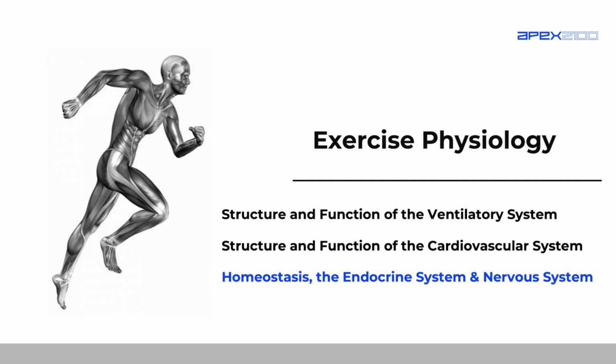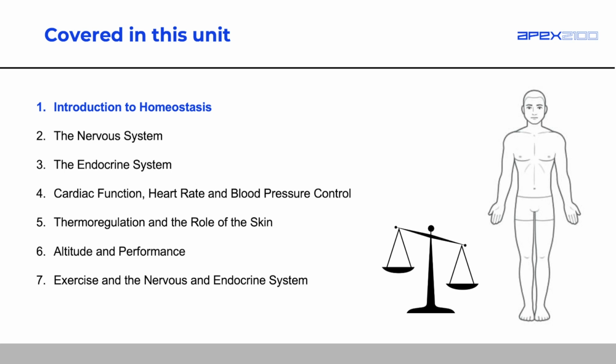Okay, this is the final part of exercise physiology. We'll be looking at homeostasis and then two new systems as well, the endocrine system and the nervous system. Now, this is quite a long unit, so to make it a little bit more manageable, I've broken it down into 7 different sections. So we'll start off looking at homeostasis, then go into the nervous system and endocrine system,